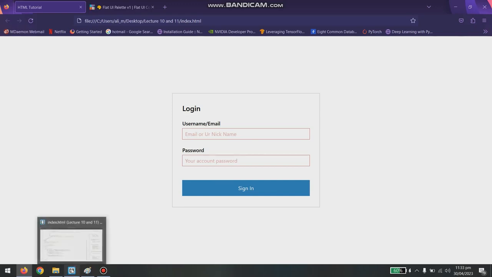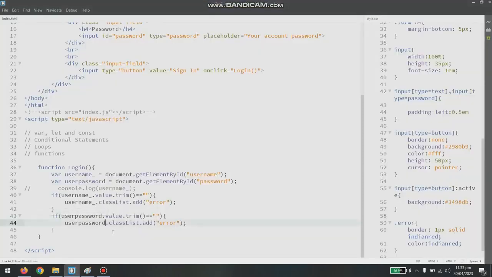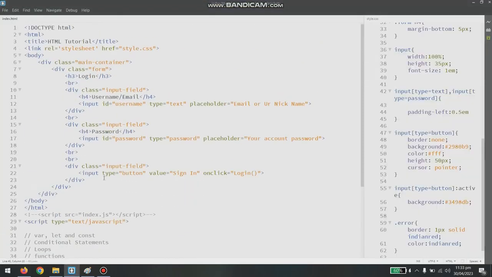So isn't this very much fun that you can control and give errors so easily without even refreshing your page? See, it's not even refreshing your page. So without consulting or disturbing the server, you can do the validation if you know the correct tools for UI UX experience. Okay, after doing so, let's